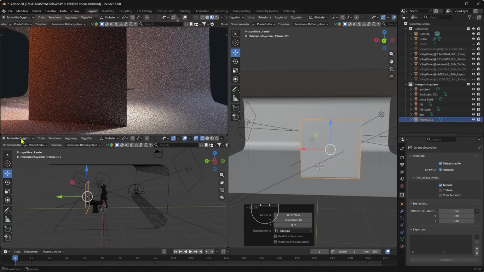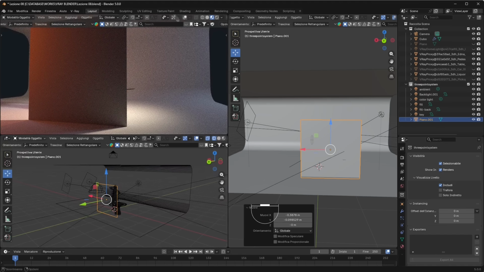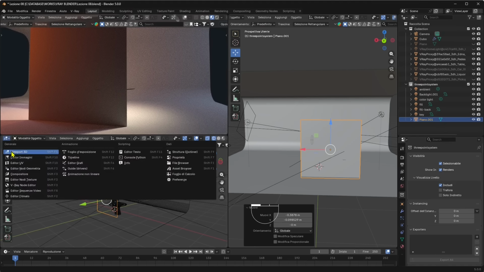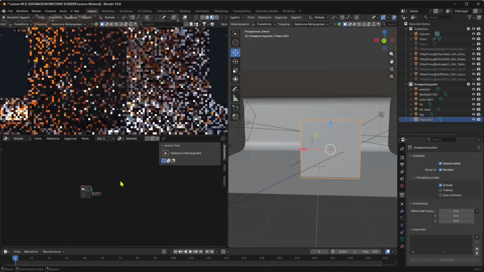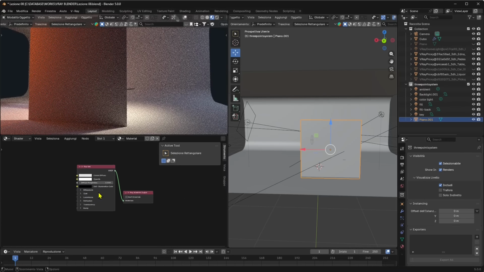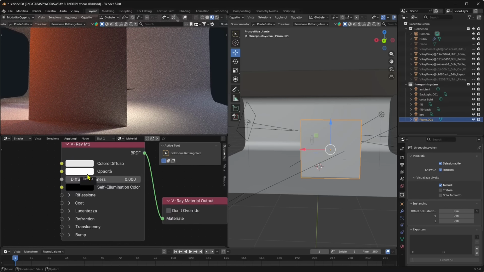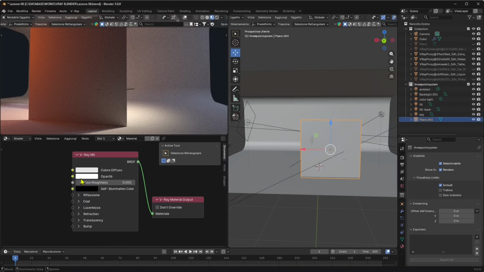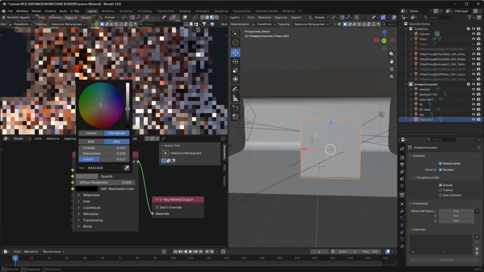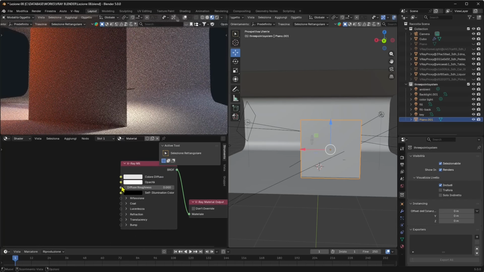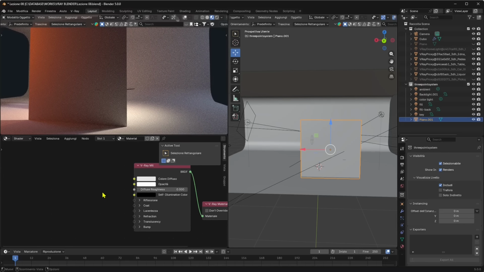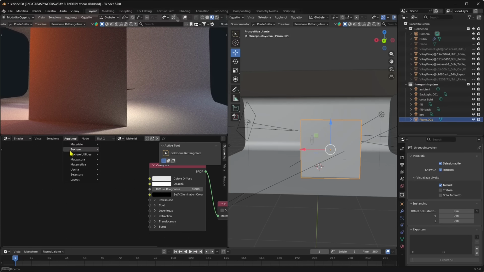I prepared this layout because I have a small screen to render, and on this view at the bottom, I'm going to change this into the VRAY node editor, so everything is in the palm of my hand, in a way. So I have everything I need. I'm going to create a new node material here. Again, this is the standard material, and that's the opacity. As with any other thing, you can use a simple value, going from black to white, meaning 0% to 100%, or you can use textures. When you use textures, things get way more interesting. So let's again